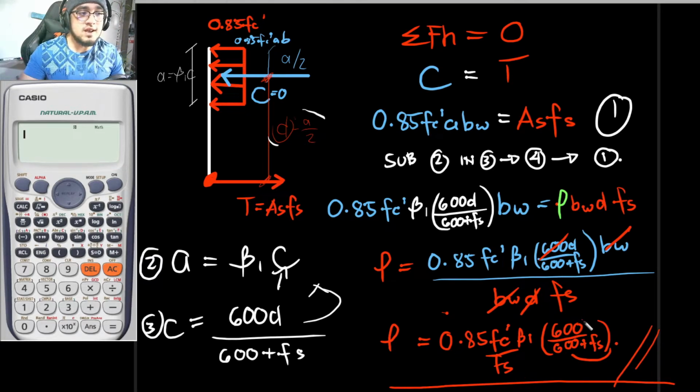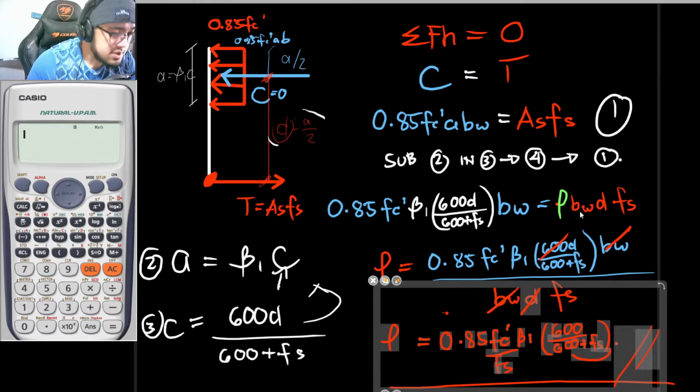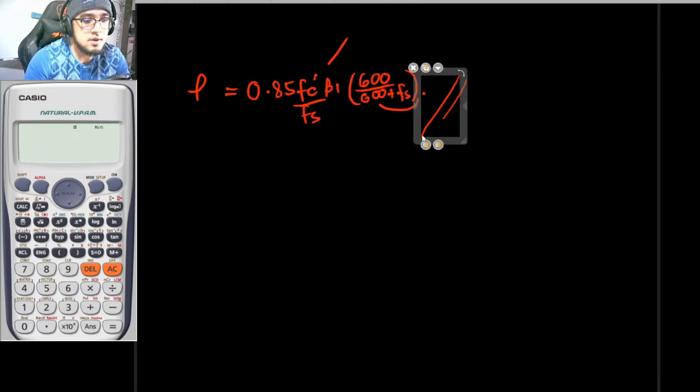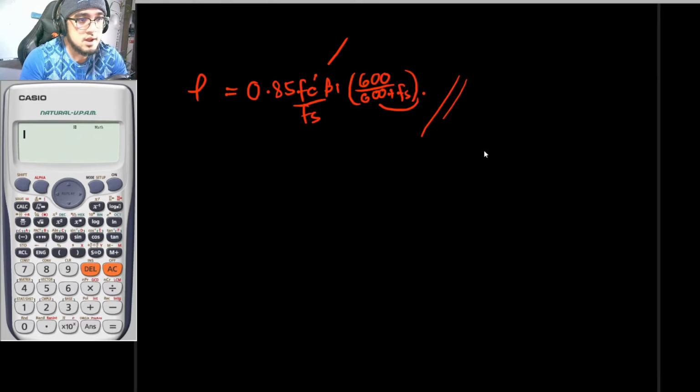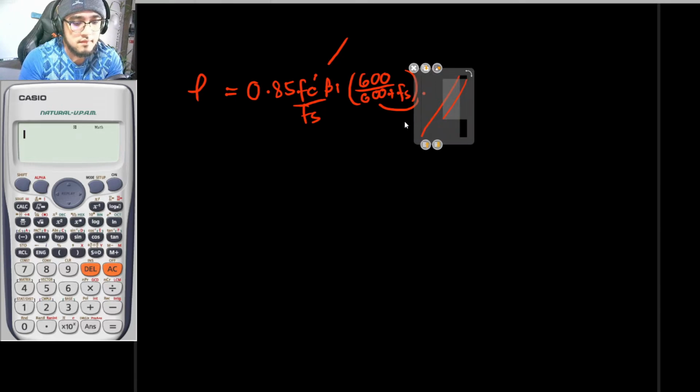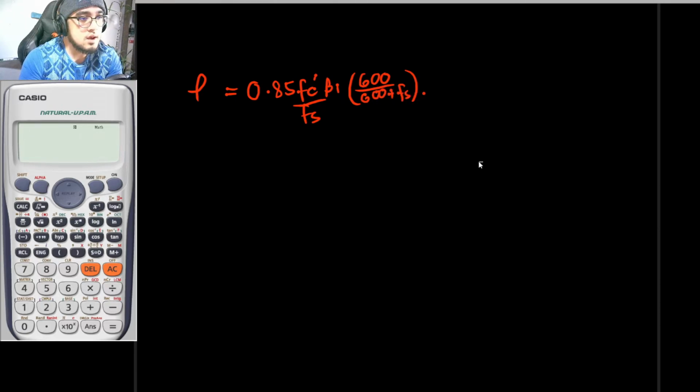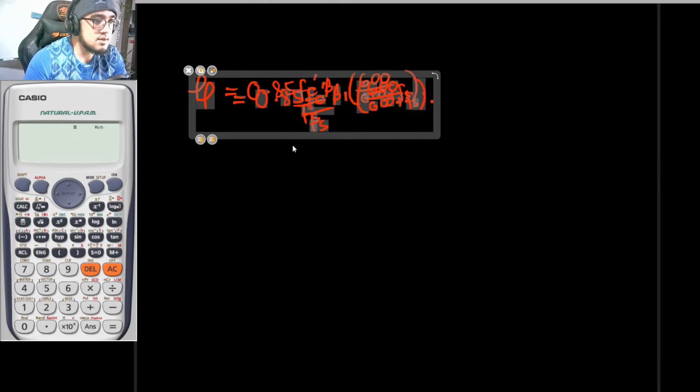So it is either that you will be memorizing the formulas or just know this principle so you can derive it by yourself. But actually, we can rewrite this equation right here in terms of strain. So for example, that is to be your strain. So let's say that that is to be the strain that we have derived. You can actually rewrite this as